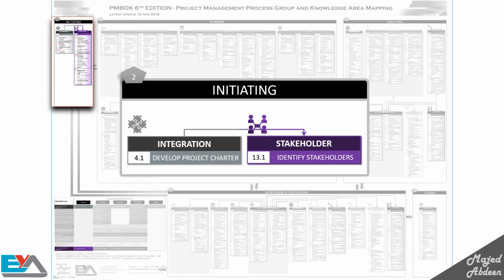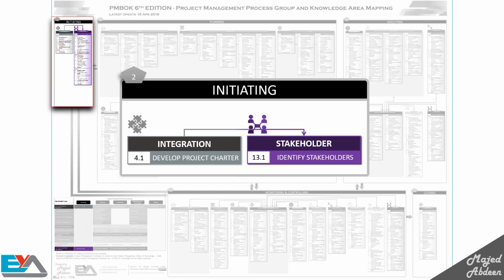First, you will use the develop project charter process. It gives you, as the project manager, the authority you need to manage the project. So now you can sing happy birthday to your project. We have 2 outputs from this process, the project charter and assumption log. The project charter is like the birth certificate for your project, and we will use it as an input to many processes as we mentioned before. Remember, the project charter means the project has officially started and you're authorized to work on it.